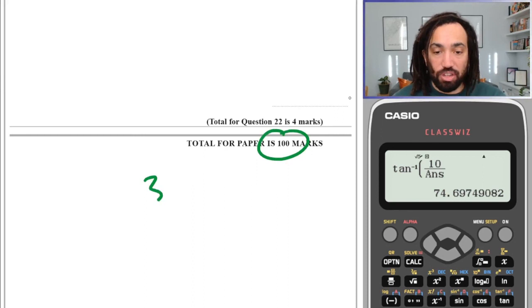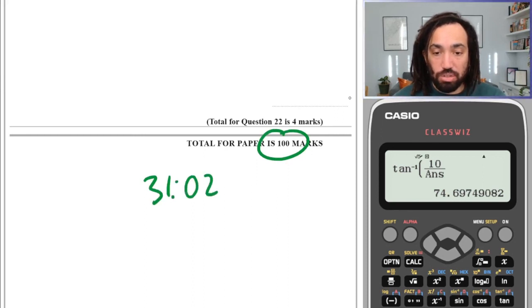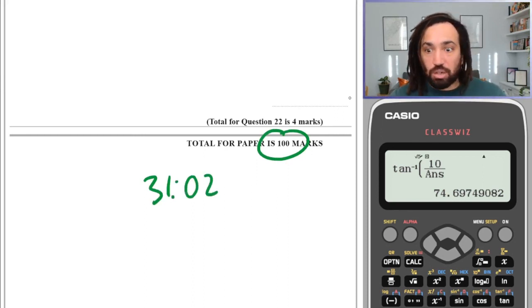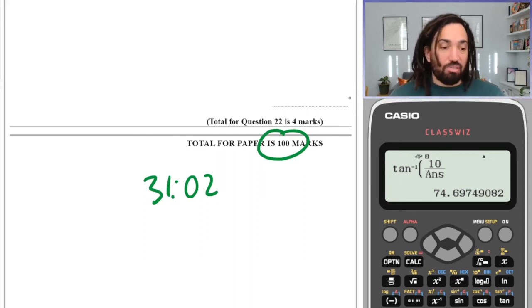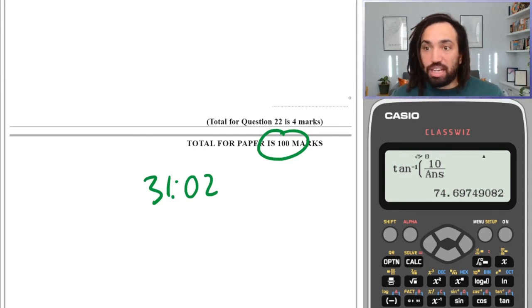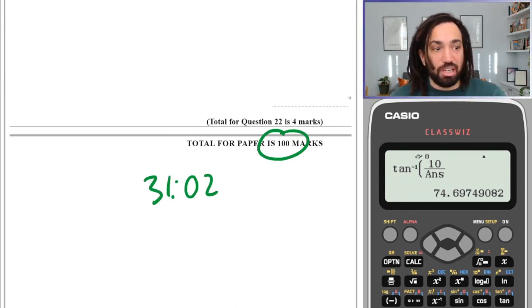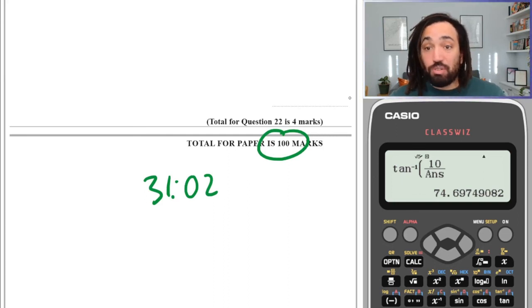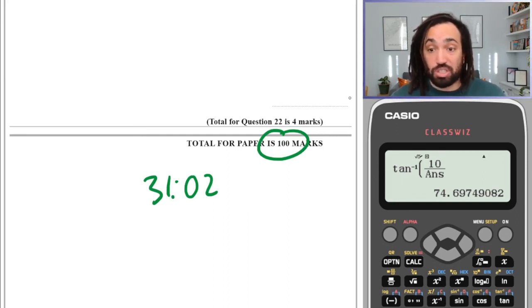100% in 31:02. That is the new record. Come on. Right, I think I might make this a series. Just try and get all the IGCSE papers done in like 30 minutes. If it's helpful and it's good for revision because you're just getting so many questions in such a quick time,